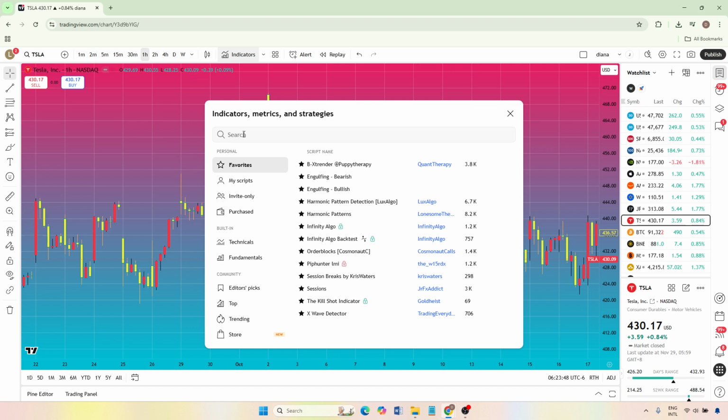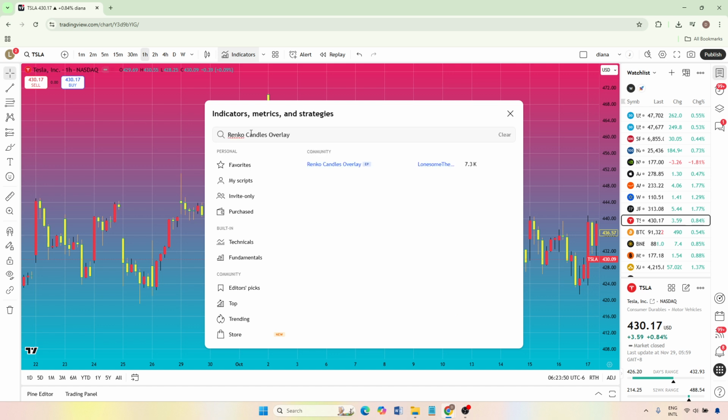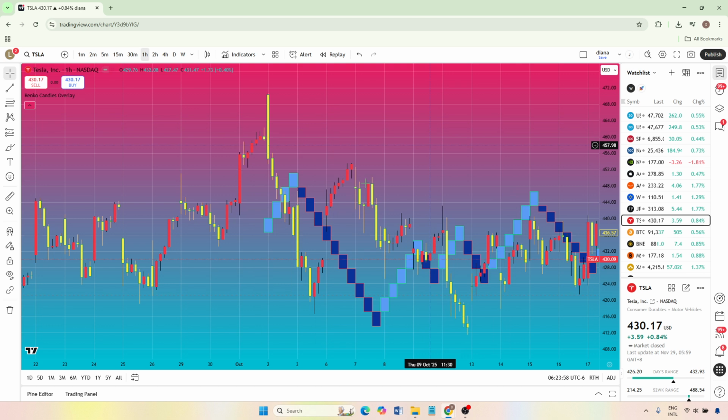Now, in that search bar, type Renko Candles Overlay. As you type, TradingView will start filtering the results. Make sure you type it clearly so the correct script appears in the list below. When you see Renko Candles Overlay show up in the results, that's the one you want. Click on it once and TradingView will immediately apply it to your chart as an overlay on top of your